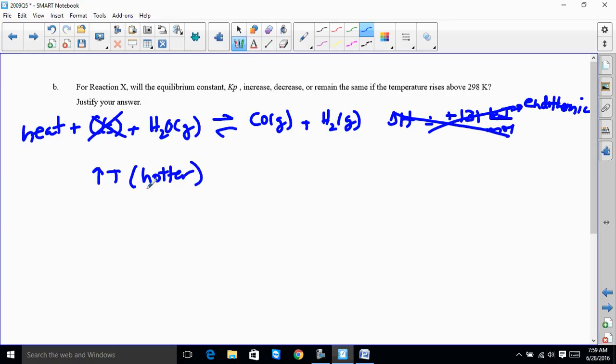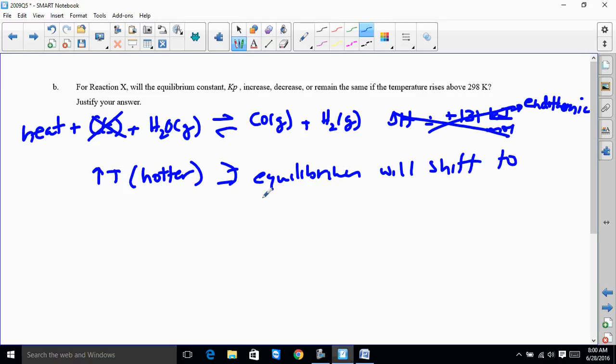Remember, Le Chatelier's principle says when a reversible system is at equilibrium and a stress is introduced, it will shift in such a way as to relieve the stress. And so when it gets hotter, it doesn't like that. It shifts to the side that's cooler. This means the equilibrium will shift